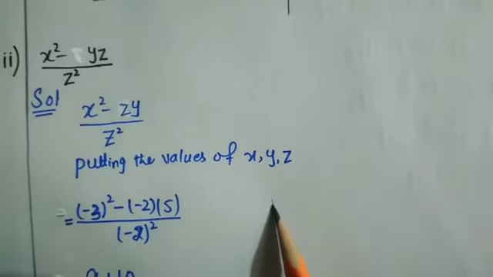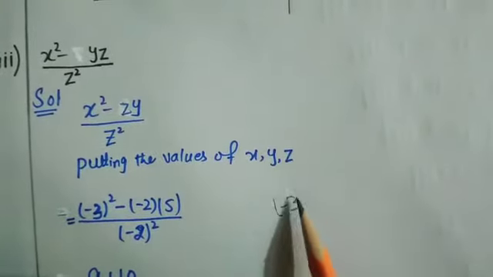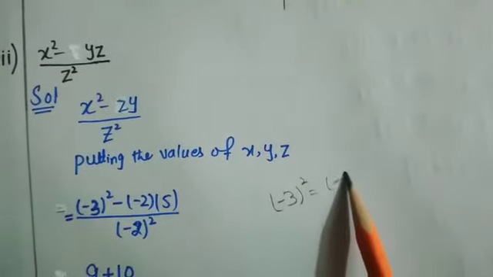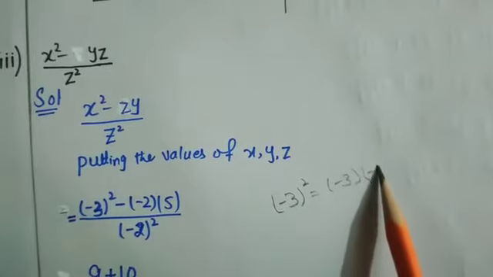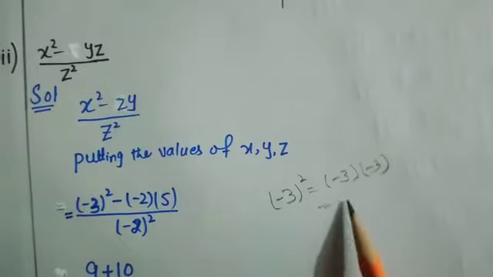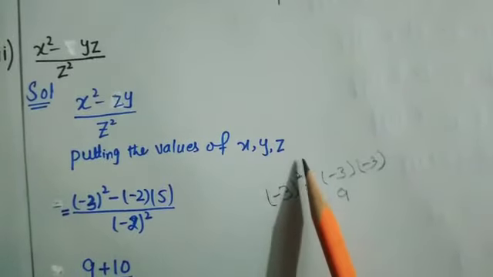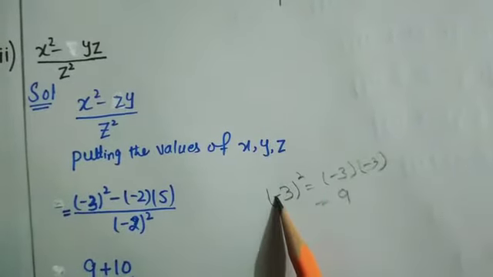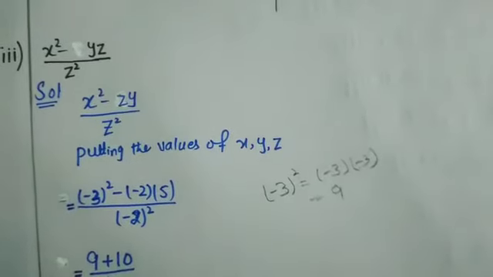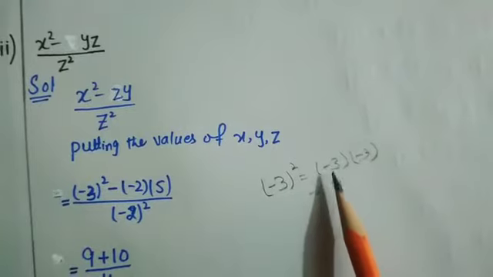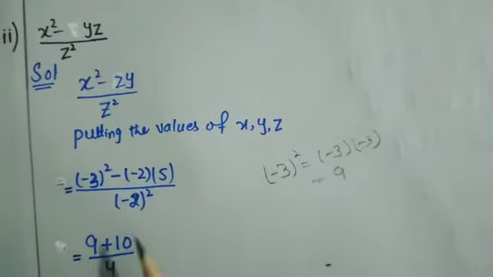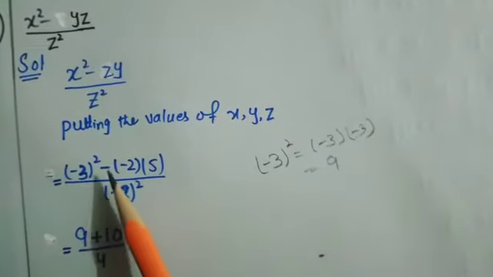Square means that we write 2 times -3 and -3. Negative times negative is positive, 3 3s are 9. When you have a square, and the values inside are negative, then because of this square, square means we write 2 times, we multiply. Negative is positive, 3 3s are 9, so we write here 9.